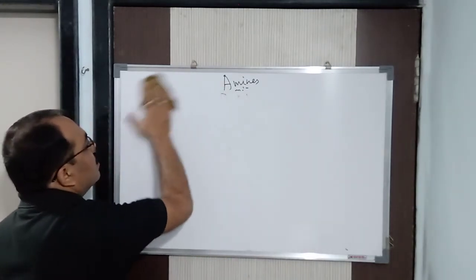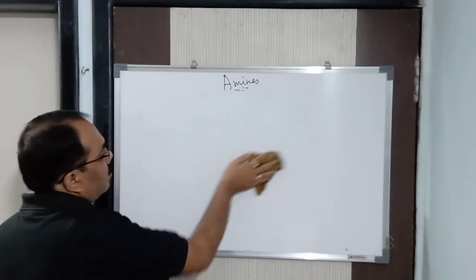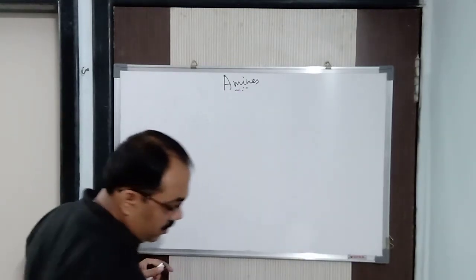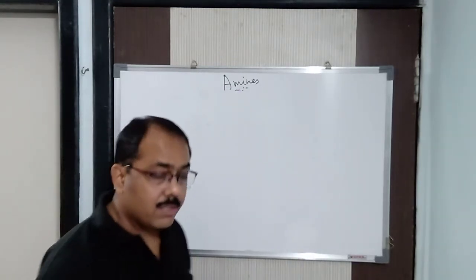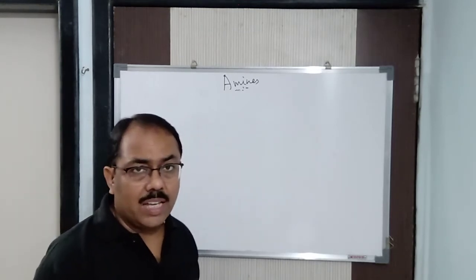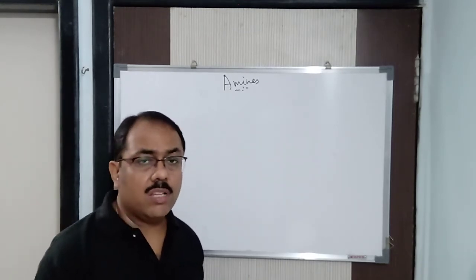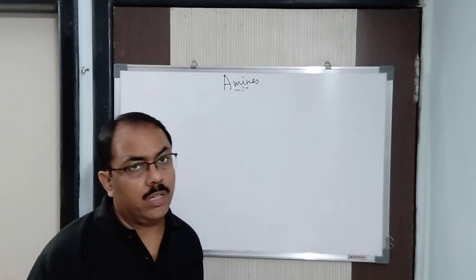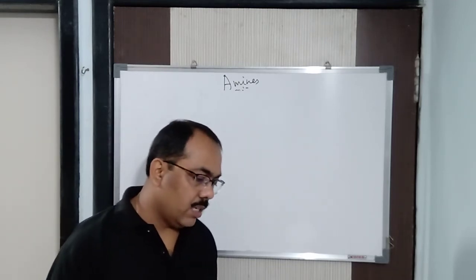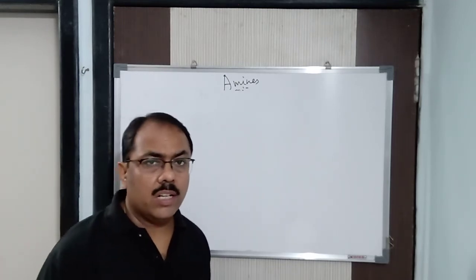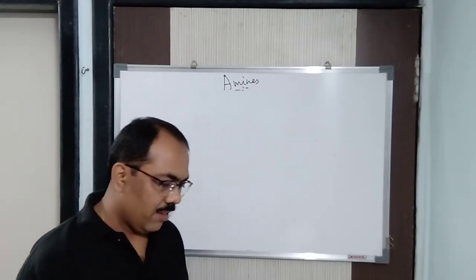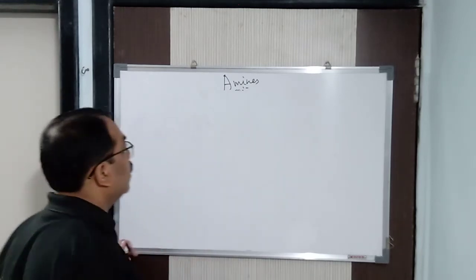Now, next is another one, as you can see here, where all the bonds of nitrogen are satisfied. So depending upon the halides attached to it, we have a 4-degree amine, that is known as quaternary ammonium salt. It is said to be a quaternary ammonium salt or quaternary ammonium compound, whose general formula is nothing but